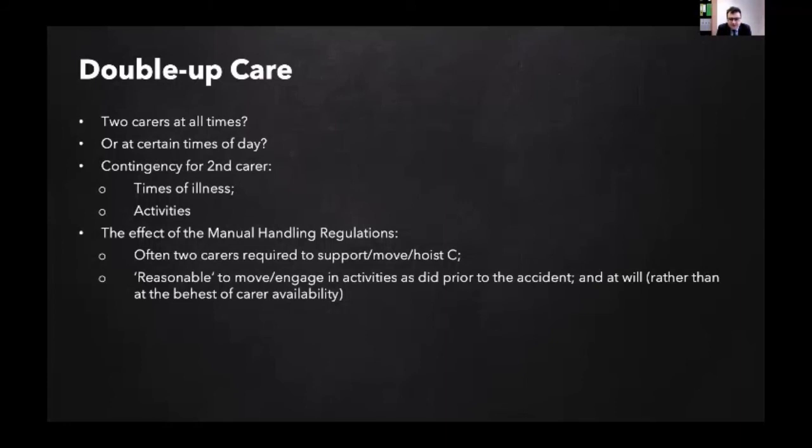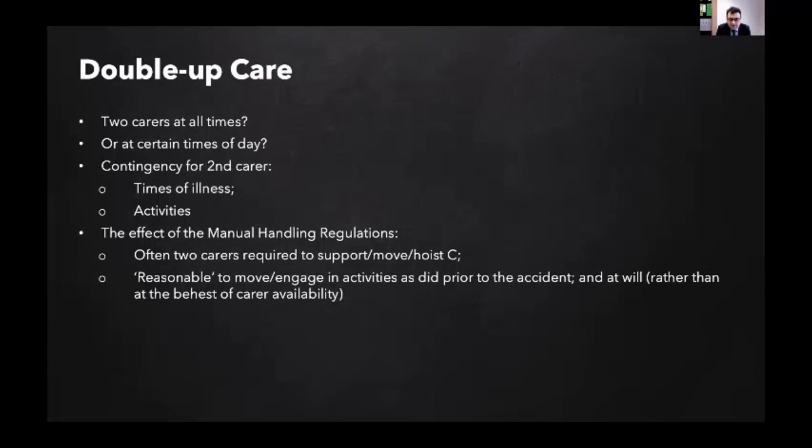So if you've got a claimant who requires a lot of hoisting or turning at night, and you can get your case manager to arrange a manual handling assessment that says it is simply unsafe for those carers to handle that claimant on their own, then it will be hard for a defendant to argue against the principle that two